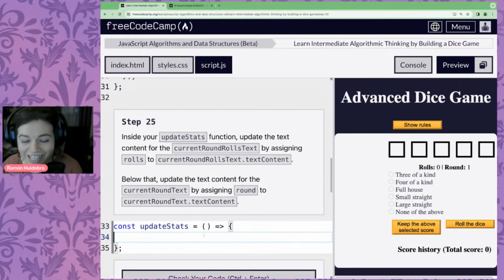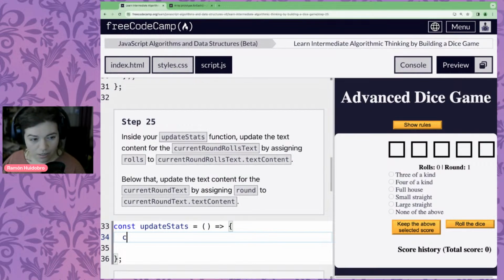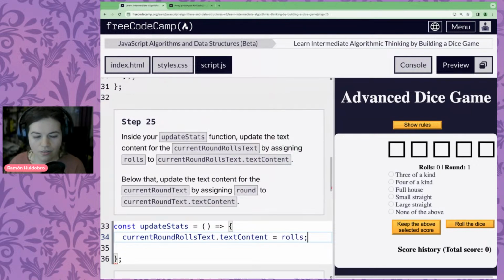So inside this function, we're going to update the number of rolls we've done and the round that we're currently on. So current round rolls text dot text content is equal to rolls.